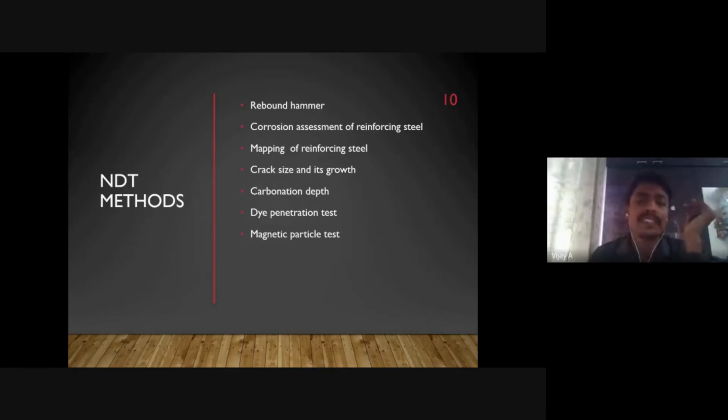Second is safety. NDT is also appealing because almost all the NDT techniques are harmless to people except one technique, that is radiographic testing. Your X-rays, your MRIs. Those kinds of radiographic testings are quite harmful. Apart from those, all the testings that you are going to apply are very safe in nature.